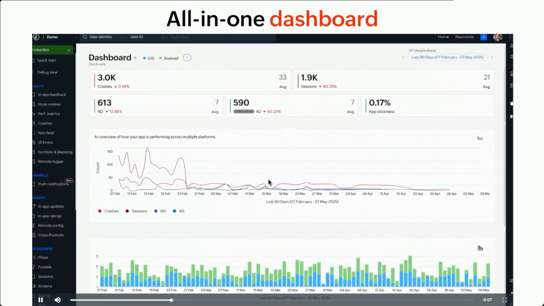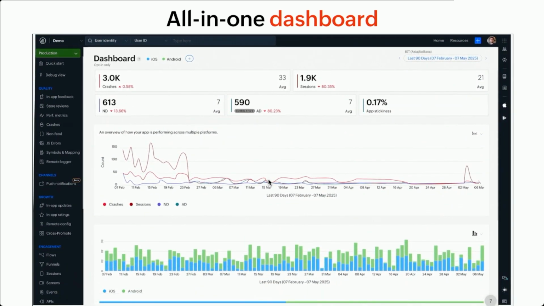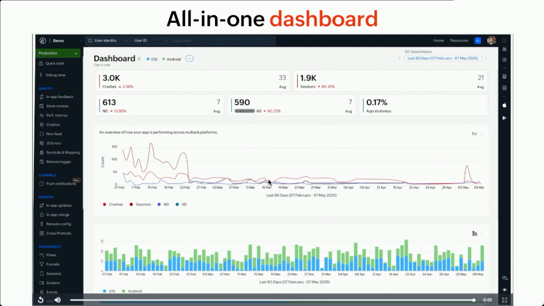So it's an all-in-one dashboard. I'll just show you this one. So here on the screen, if you see, the filters are applied only for iOS and Android, but you can also put the browser filter here and you get a comparative view of what's happening within your product in a single dashboard. The dashboard is divided into three major parts.